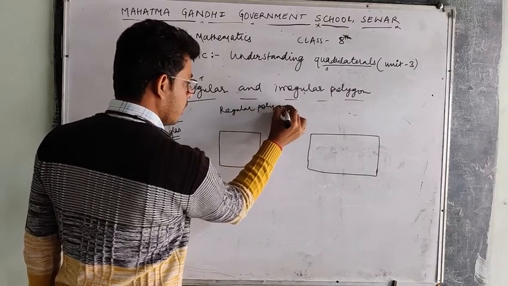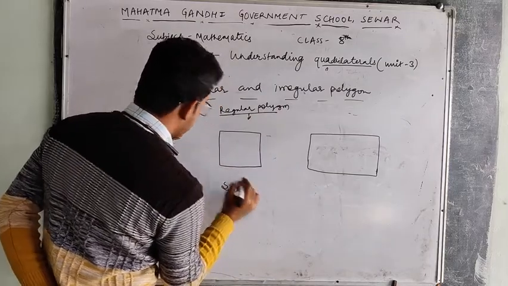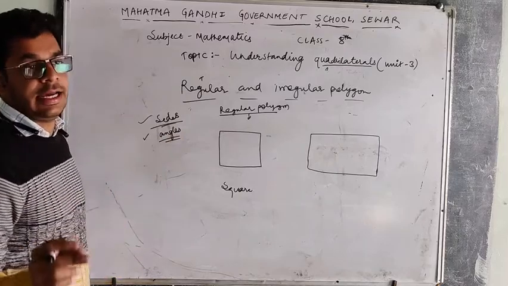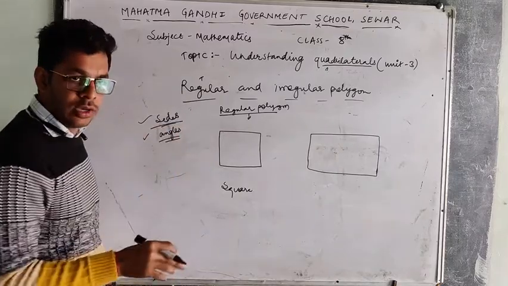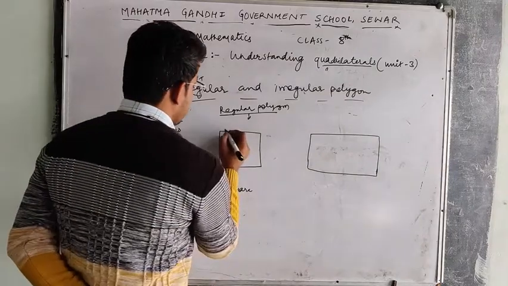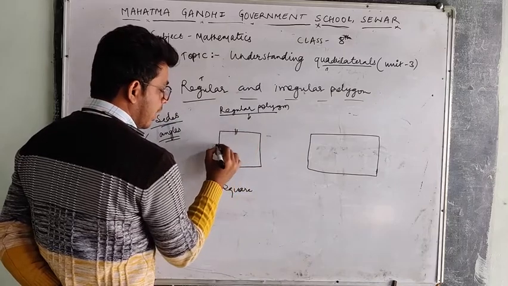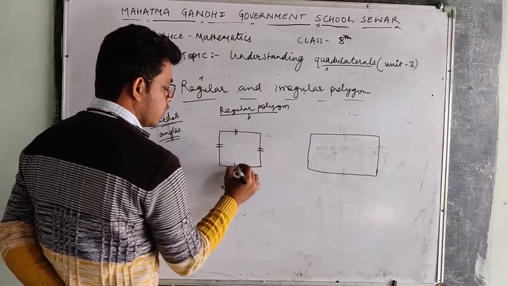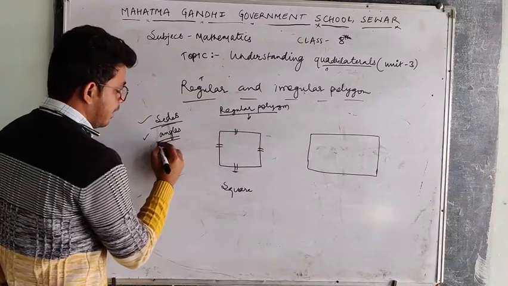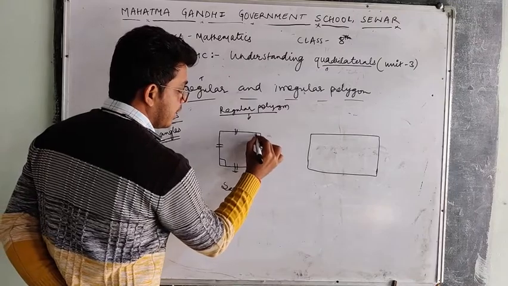How? I said there are two things we have to consider while deciding whether the structure is regular or irregular. That is sides and angles. In a square, every side is equal in length and the angles are also equal, that is 90